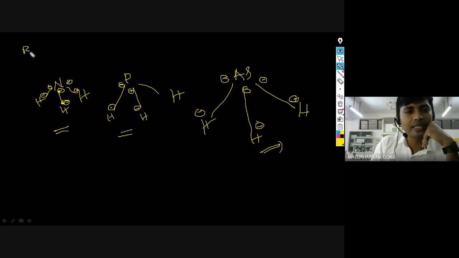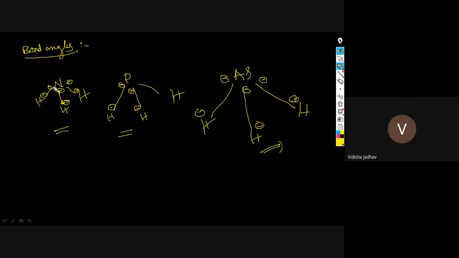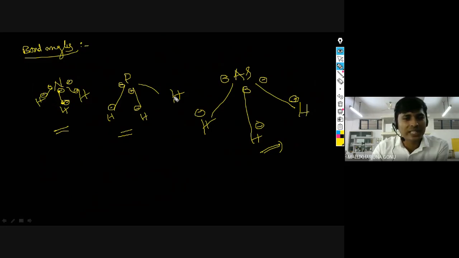We are talking about the bond angles. Pooja, can you tell which one will have more repulsions? Vidisha, now you tell me. This question is posed to you. Nitrogen. Why? Because here the electron density is more. The electrons are closer here, but here the distance is more. Is it clear, Pooja? Aishwarya, is it clear why it has more repulsions? Here it is very close, but here it is far. So that is what happens. Repulsions will be more here.